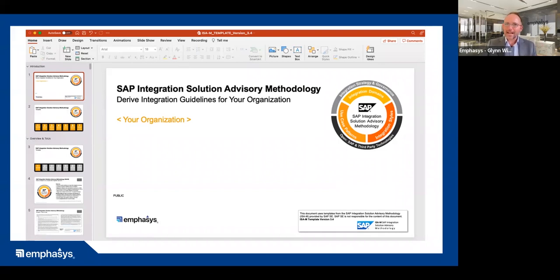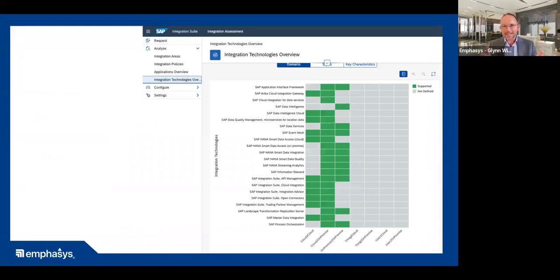What this allows us to do is build a referential playbook for your enterprise. And this is the accelerator for your business now: find the integration solution advisory methodology and complete it. Because once you've got this playbook for your enterprise, you can instantly be given an integration by a vendor or a business user, and you need to understand, should you be creating an API? Should you be leveraging EDI or an IDOC? What's the mechanism for you to connect? Should you be using FTP, or what should the solution be? And so by having a playbook to refer to,